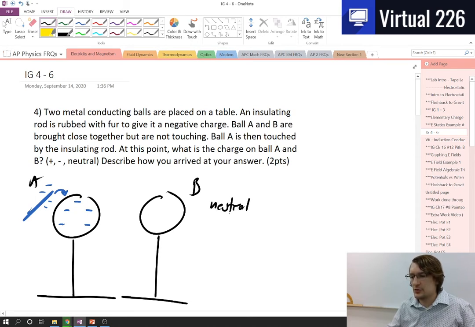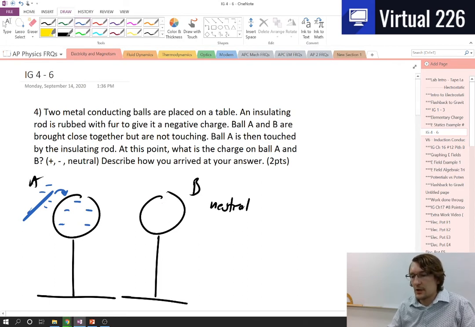It's going to be neutral. And the reason it's neutral is we have not conducted any charges onto it by touching it. And we also haven't inducted anything by touching it with our hand, as we'll see in the next problem. If we wanted to be complete with this answer, though, what we could say is because these are close together and the A sphere here, A ball, is negatively charged, and B is a conductor, we could polarize